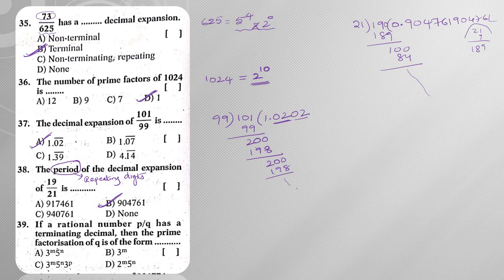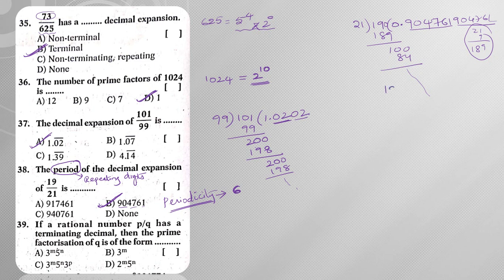Here we need the table of 21, so we make use of the table of 21 and do the division process. Then the digits 904761, again 904761, so likewise we get the digits repeating, and we call that the period. Now here we have one more word, periodicity. So what is meant by periodicity? How many digits are being repeated? If you observe, totally 6 digits are being repeated. Its periodicity is 6.